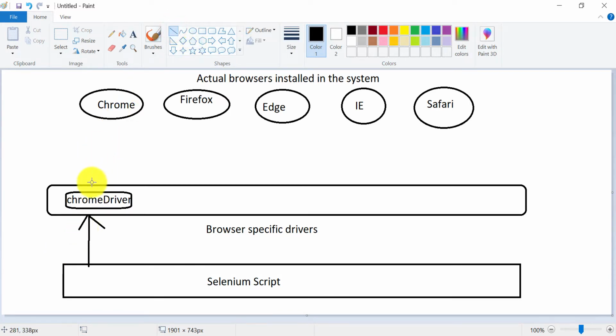Whatever request happens, it happens through these drivers. Similarly for Firefox, we will have Firefox driver.